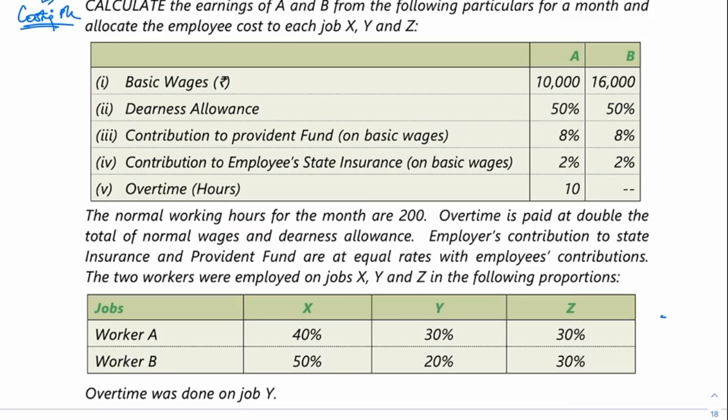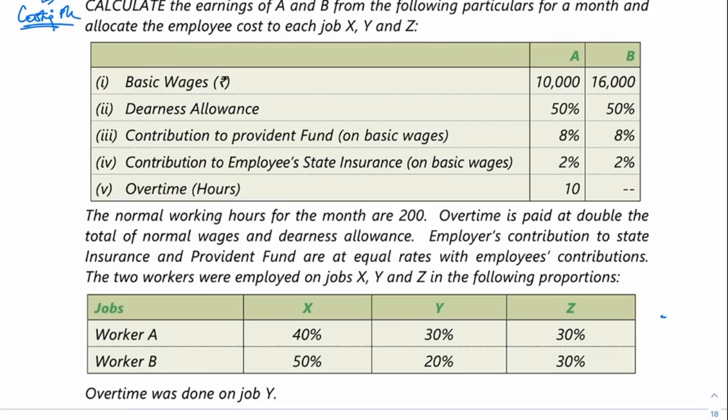Let's try reading it once and try understanding what they are saying. Calculate the earnings of A and B from the following particulars for the month and allocate the employee cost to each job XYZ. Basic wages 10,000, 16,000, DA 50%, contribution to PF 8%, 8%, contribution to ESI 2%, 2%. Overtime, A is working for 10 hours. Normal working hours is 200 hours. Overtime is paid double the normal wage and dearness allowance. So whatever the normal wage and dearness allowance is on a per hour basis, you have to pay